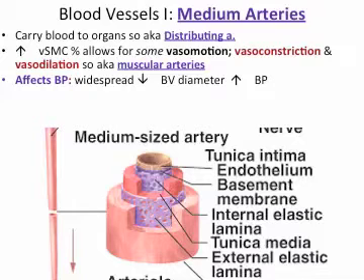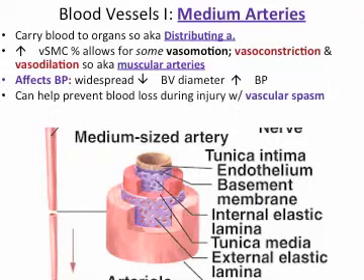And the same thing in reverse: if you have an increase in blood vessel radius, then you'll decrease overall mean arterial pressure, aka blood pressure. Also, if you cut a medium-sized artery, they can do vascular spasm. Those vascular smooth muscle cells can start spasming and close off that cut blood vessel